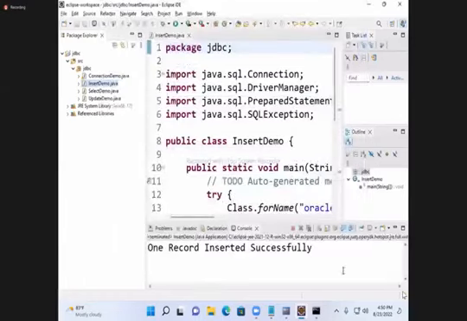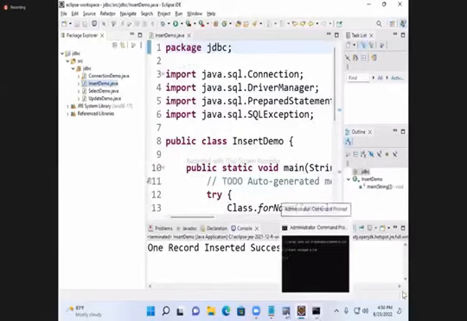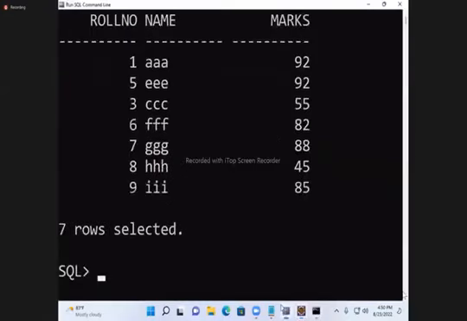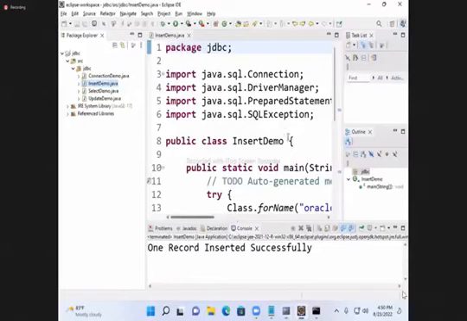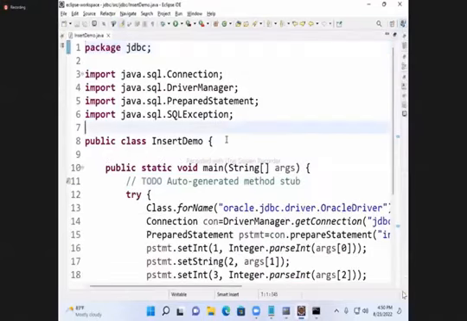See, one record inserted successfully. You can check. See, roll number 9, triple I, 85. Okay, that is command line arguments in Eclipse. After writing the program, I'll also show how to add command line arguments. First,